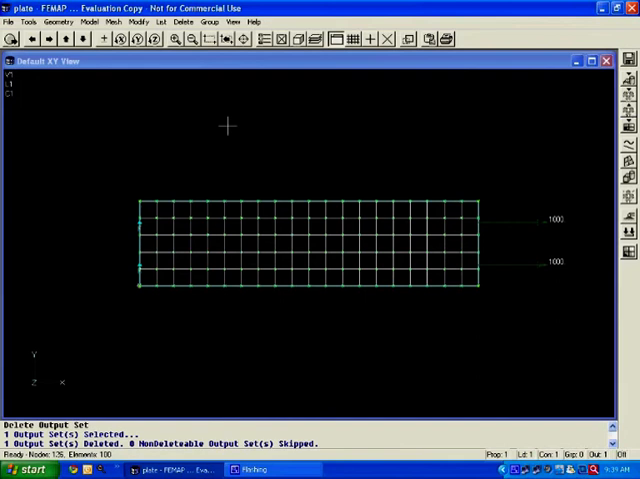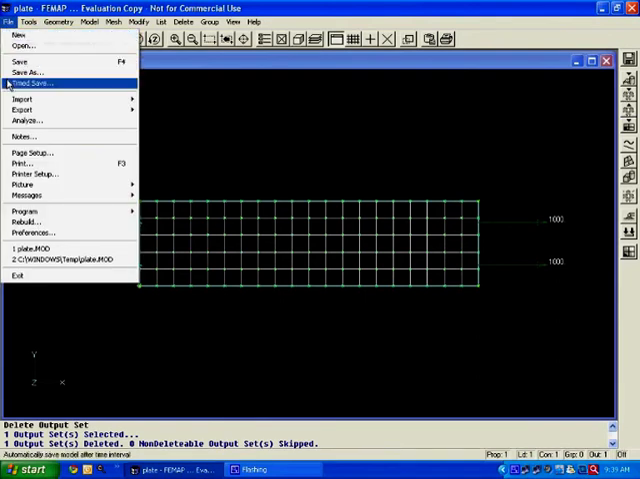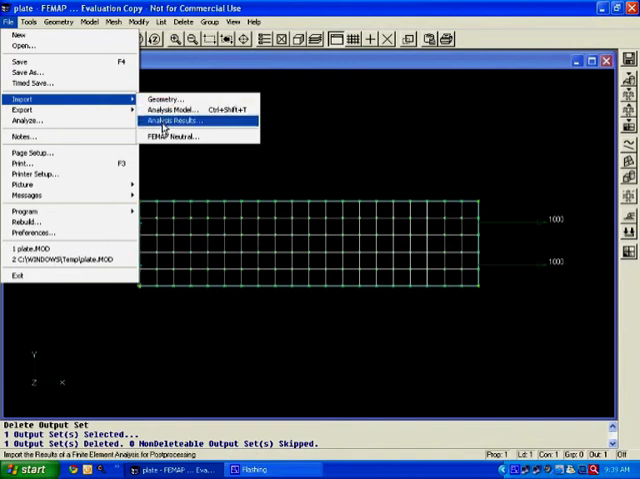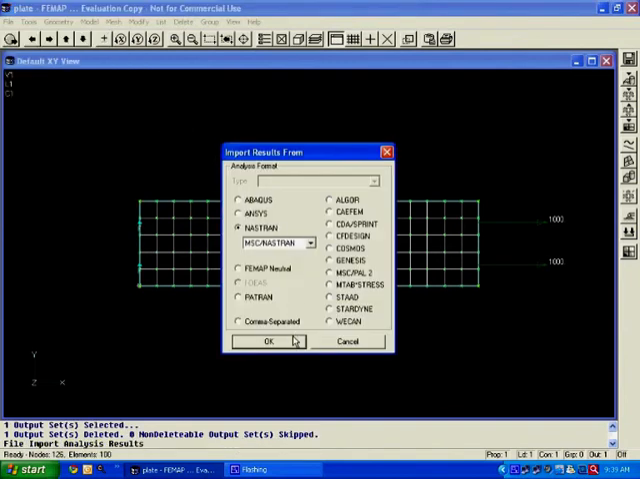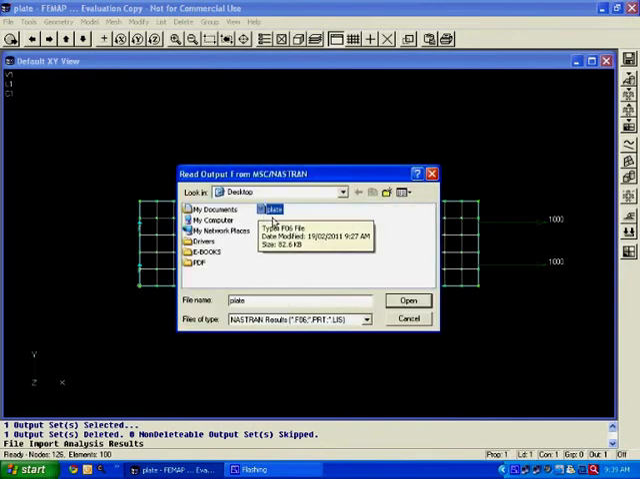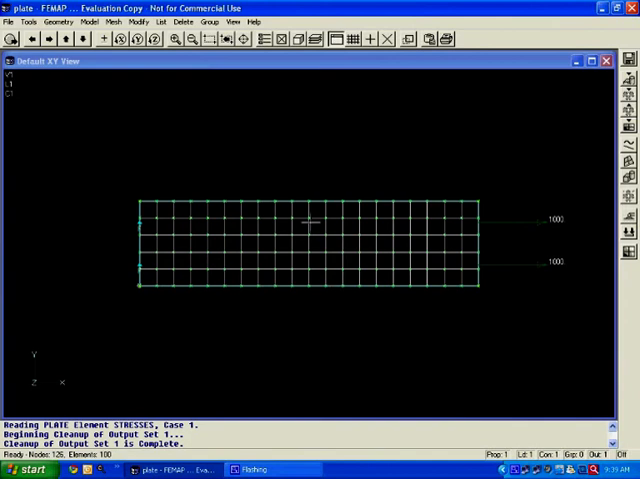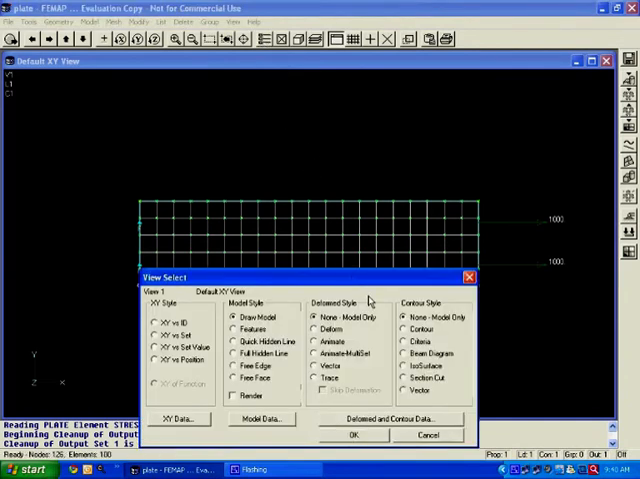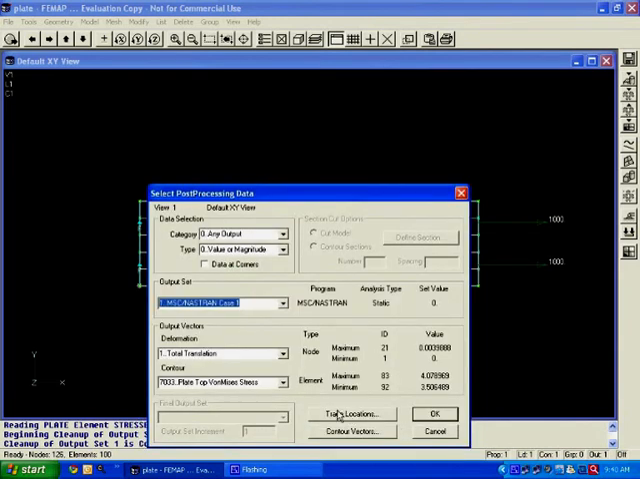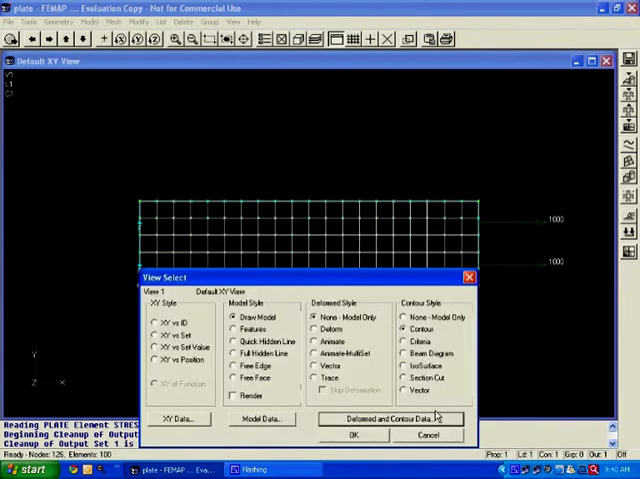This is our existing model. Now I will go to File, Import, then Analysis Results. I am importing the NASTRAN results. I will say OK, and I will click the file plate.f06, and now the file is imported into FEMAP. Now if you want to see the results, I have to go to the view style. In the view style I will go to the contour. If I want to see the stress contours, deformed and contour data, I will say OK,